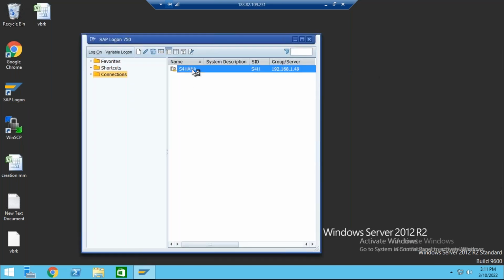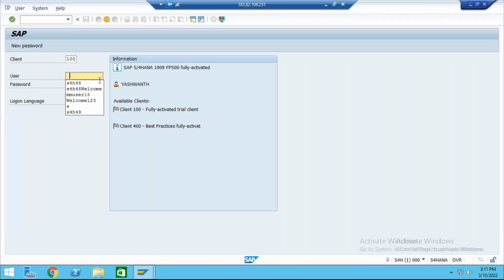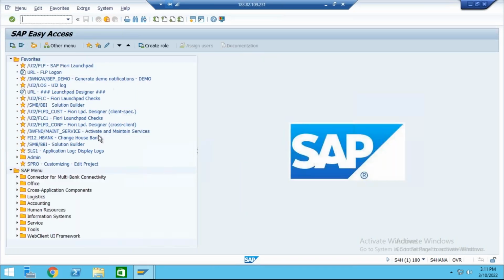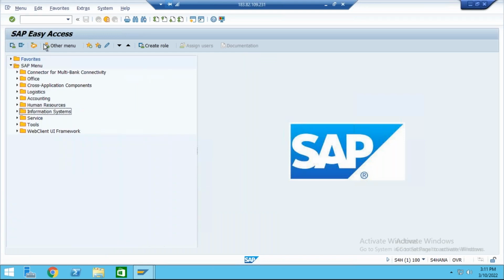Okay, let me log in to the S4 HANA. The same way, I'm also going to log in to the S4 HANA. Okay, so this is also known as an S4 HANA system. Then what are the steps involved in the